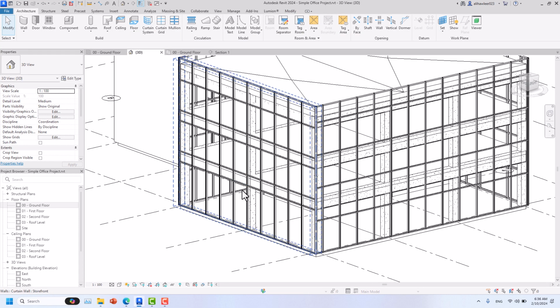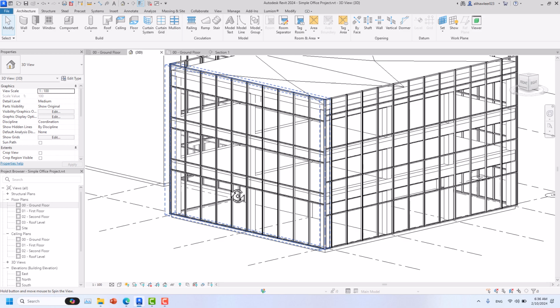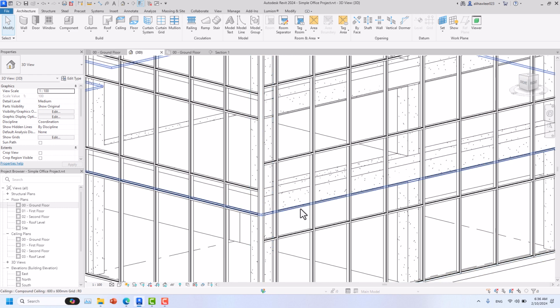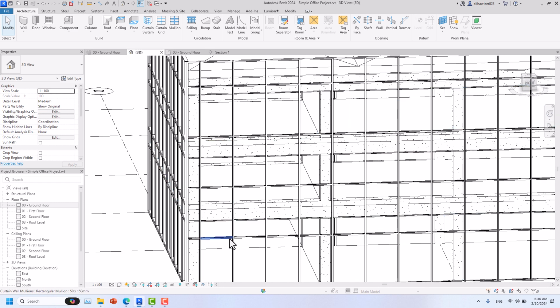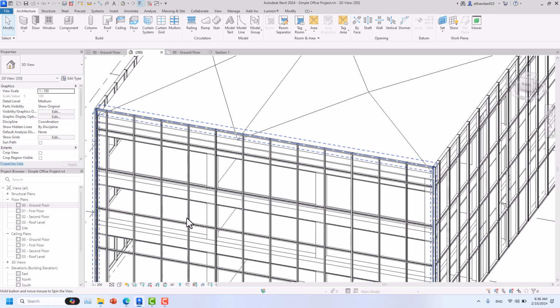Let's go to the 3D, and you can see something like this popped up. Okay, this is what I want. What about the others? How can we do it? Maybe you will ask. Don't worry, just select this, select the mullion you have. For example, you have this mullion, isn't it? Just select